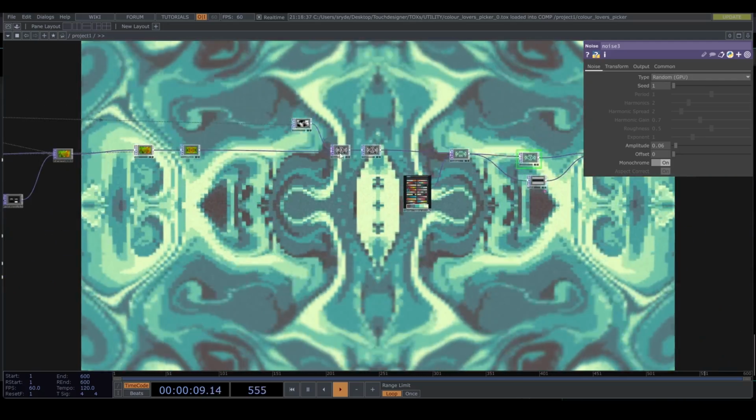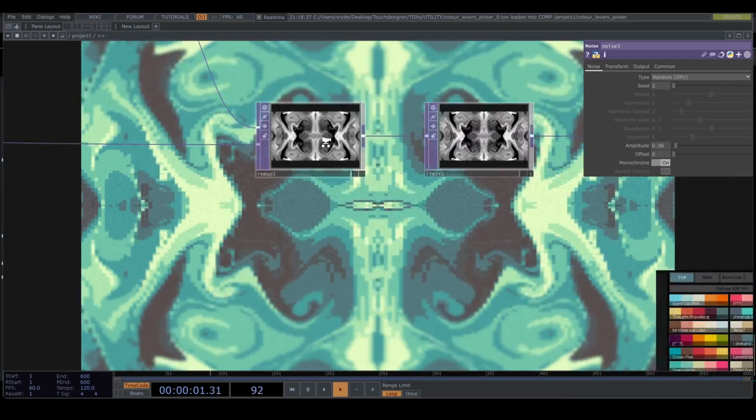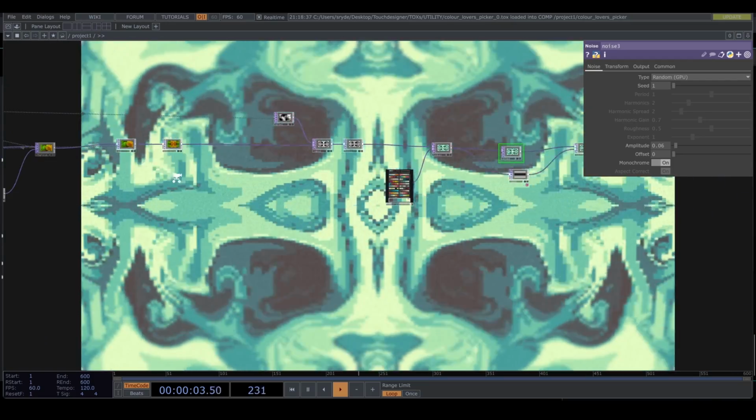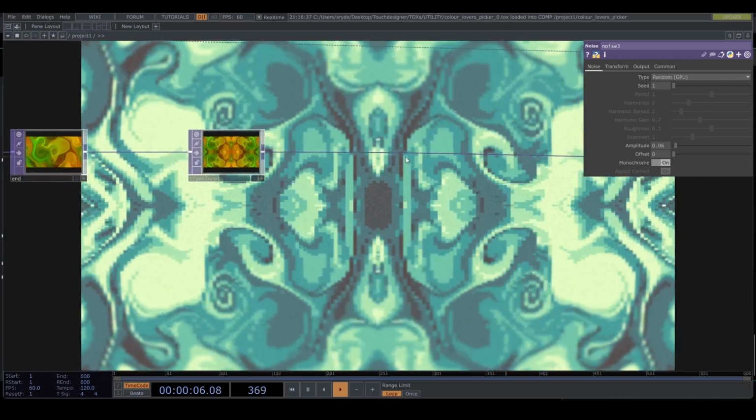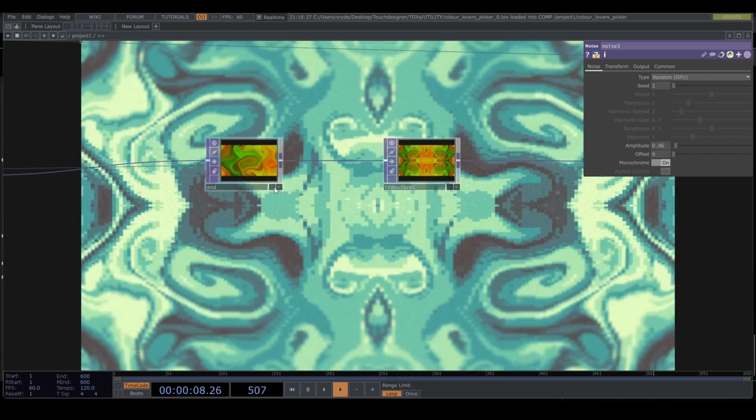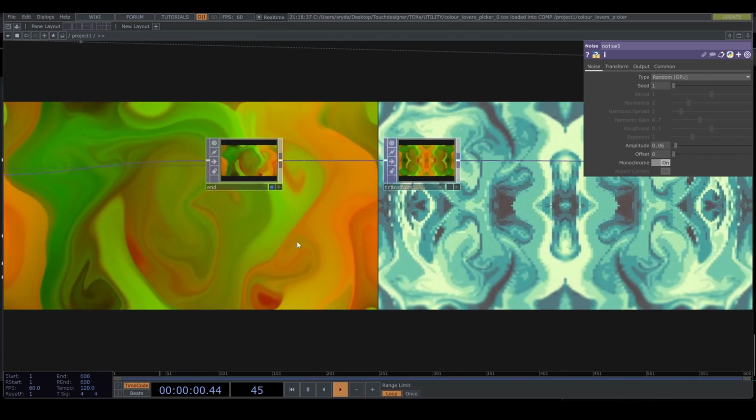But maybe this isn't your aesthetic. Maybe you want 2D particles. We can pretty easily turn these vectors into a 2D particle system. Take a look at this. If we look at this UV map,